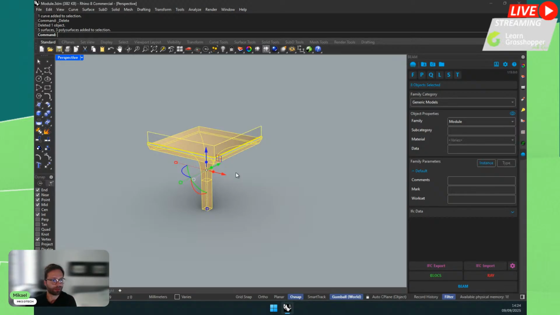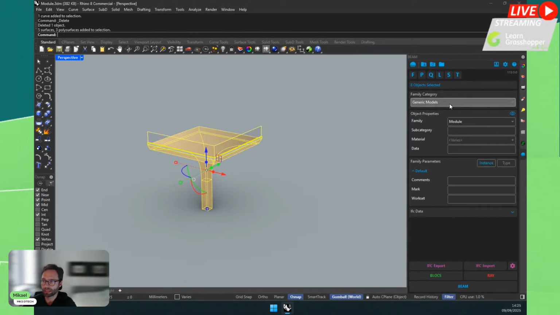If you need more instances of the same family, you might want to create a block. We will create a block of this geometry later, but let's take the simplest case. So I have my module family, and I have assigned different materials. As you can see, I now have more properties associated with the family that I can assign.